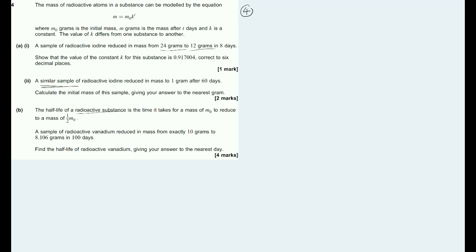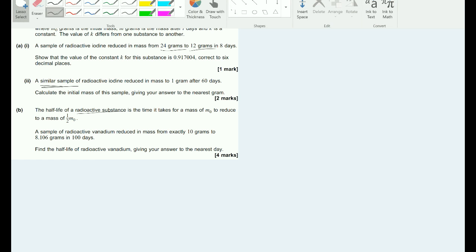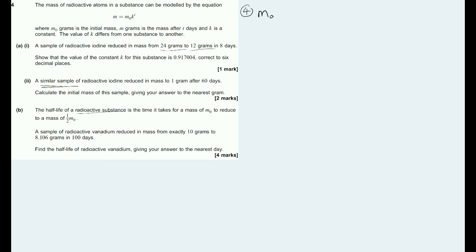So in this new situation, we've been given the information that we're looking at half-life. We're trying to get mass to go from m0 to half of m0. We're told that the radioactive vanadium starts with m0 being equal to 10. And then after 100 days, we get down to m at